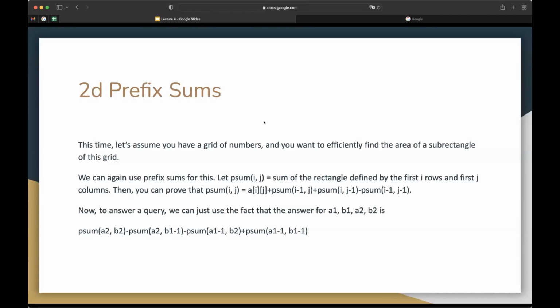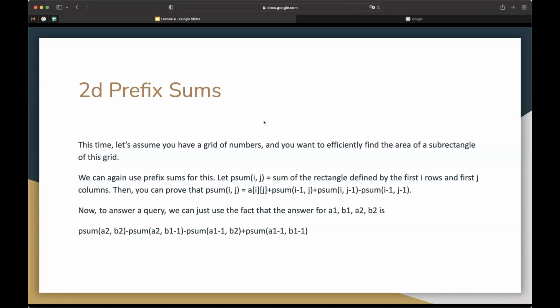So once we do that, we can pre-compute everything in O(n squared) and do every query in O(1). But you might ask, wait a second. You did the prefix sum, but how do you do the query? The query is also done in a similar way. We do the same technique of counting, right? So for A2, B2, we obviously want to include that because we want to include the rectangle. So now we need to subtract out the